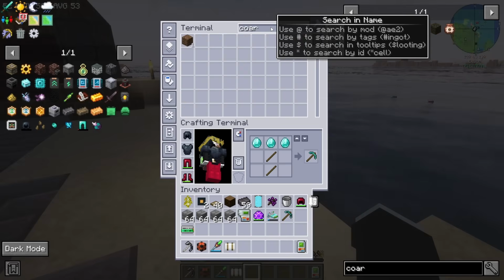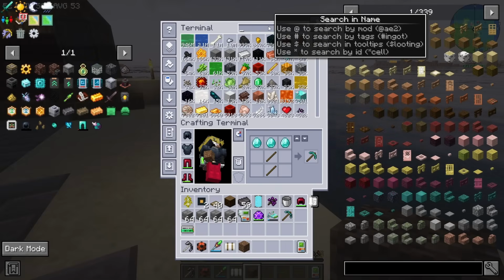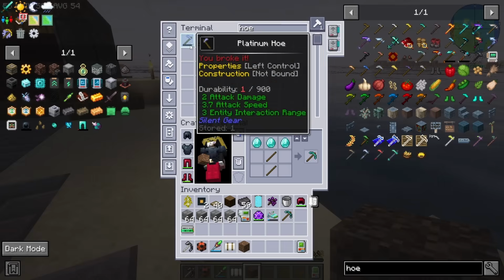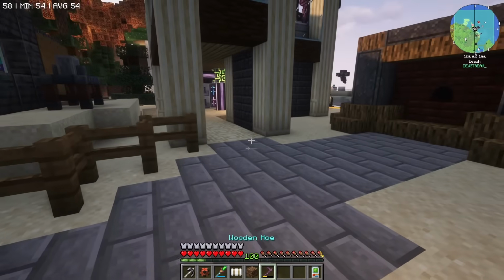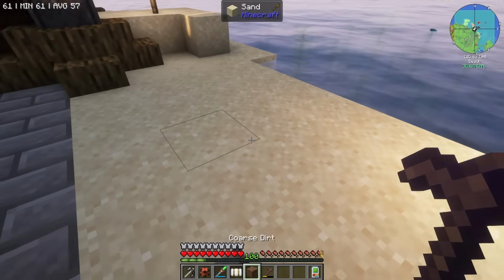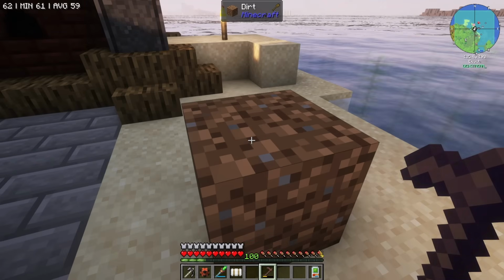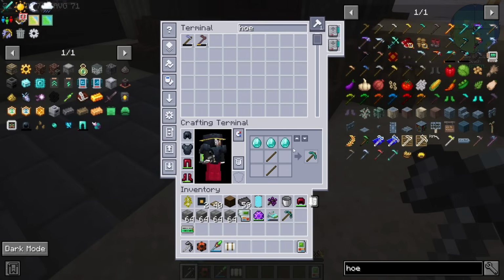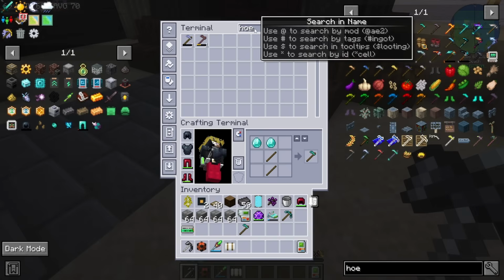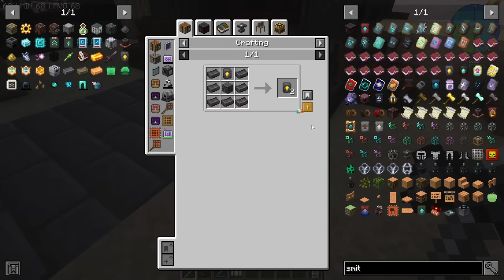Hold on. If we grab coarse dirt, we have one in the system. And I grab, is it a hoe or is it, oh, it's a broken one. We'll grab this. Or is it a shovel? This might heal off my corpse, I'm not sure. So this is coarse dirt, and now it's dirt. Huh? I think you're picking up what I'm putting down. So, what we do is we make a diamond hoe, we search smithing, we get the upgrade, we upgrade this,